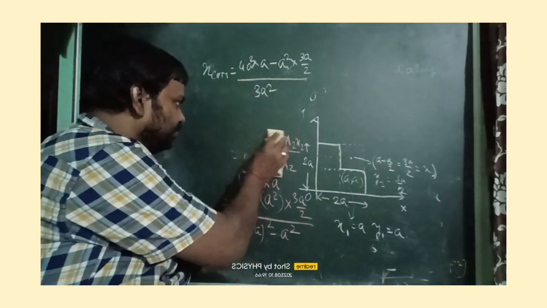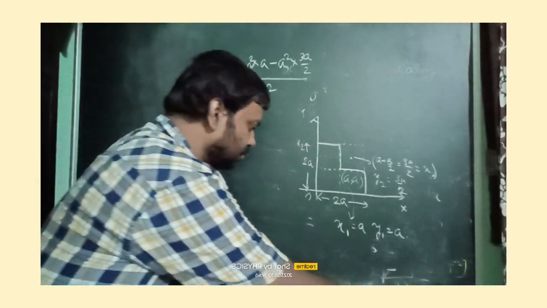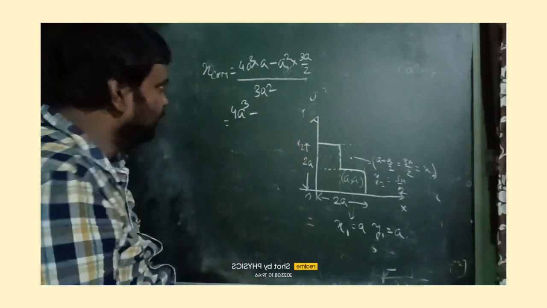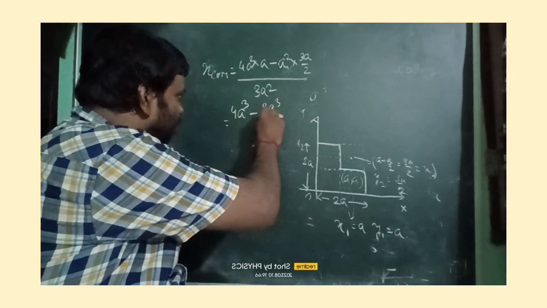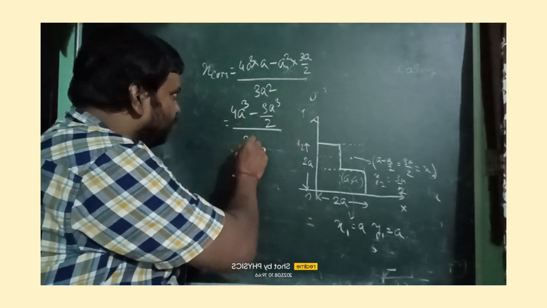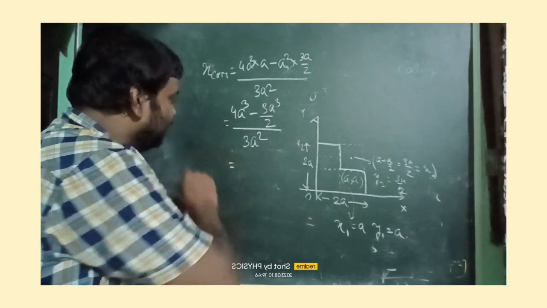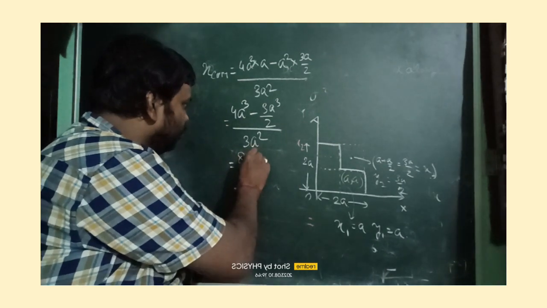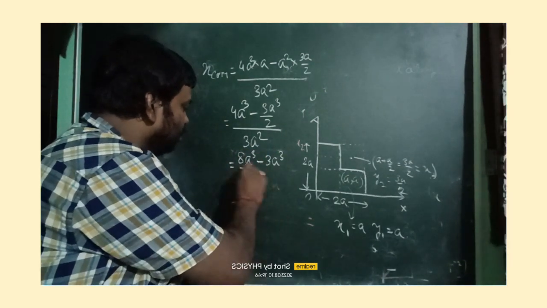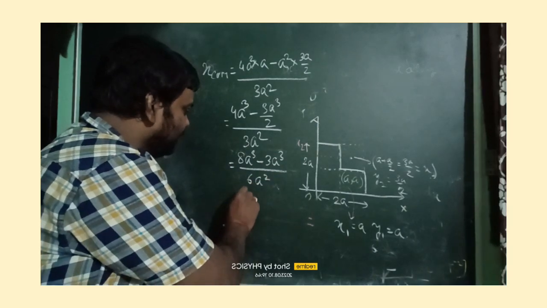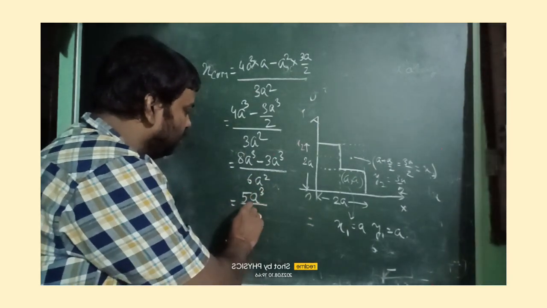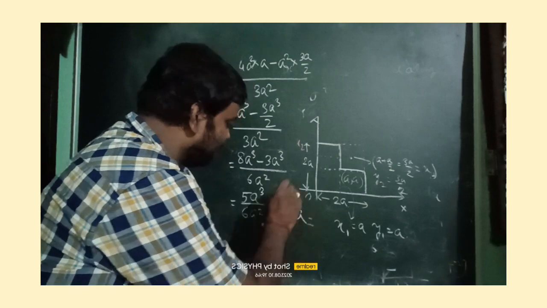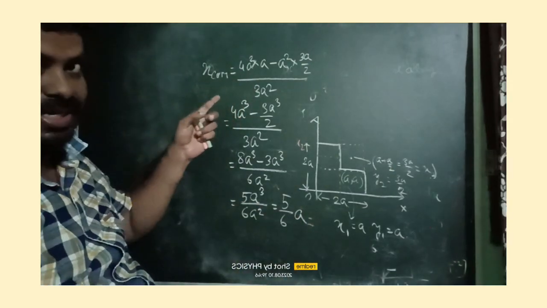Now the next line: 4A cube minus 3A cube by 2, by 3A square, that is equal to 8A cube minus 3A cube by 6A square, that is equal to 5A cube by 6A square, that is equal to 5 by 6 A, the X COM, that is the center of mass